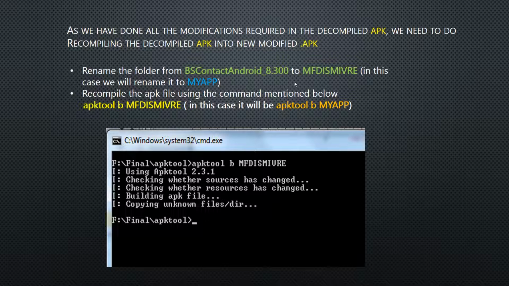Recompile the APK file using the command mentioned below. APK tool B, then MFDISMIVRE. In this case, it will be APK tool B, my app. Okay.